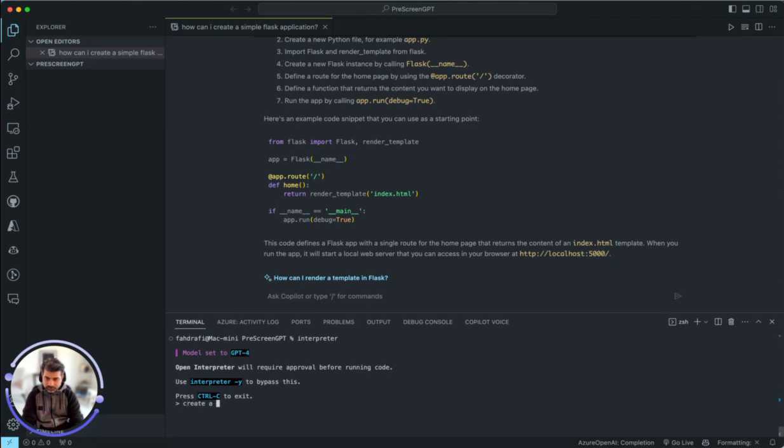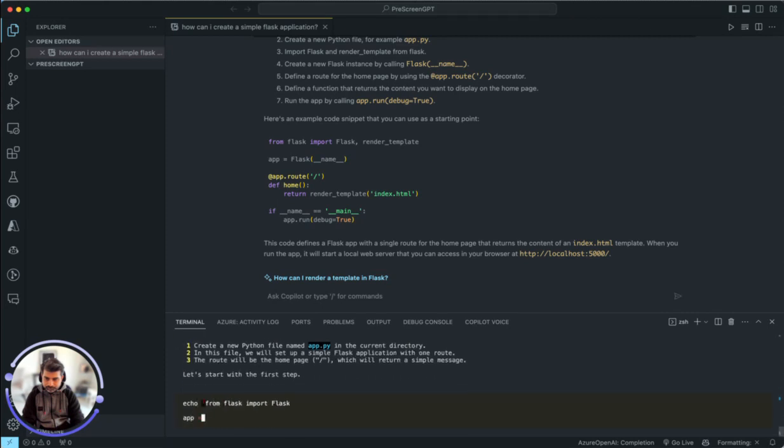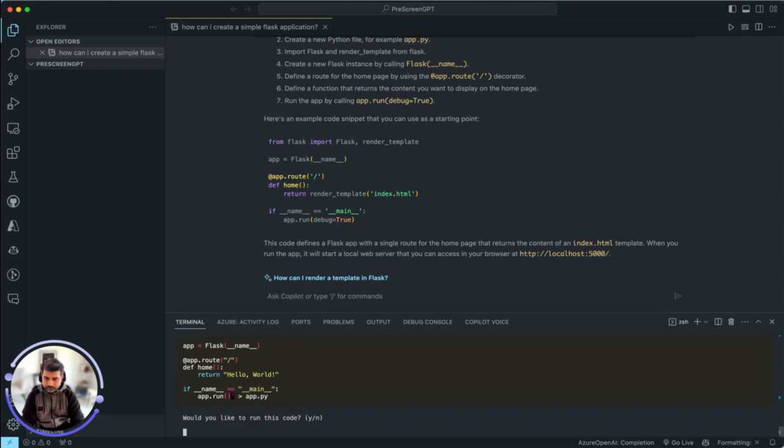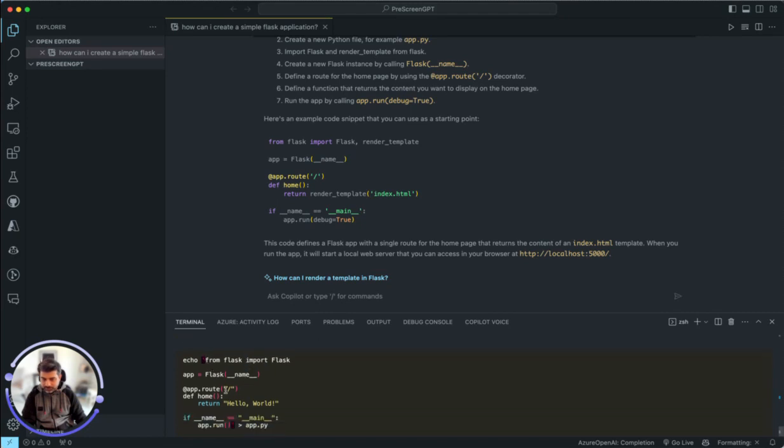So create a simple Flask application for me in the current directory. Let's see. Now it is writing the code to create the file. However, I know that it's going to fail because of this single quotes issue. So I'm not going to execute on this. I'll just say use